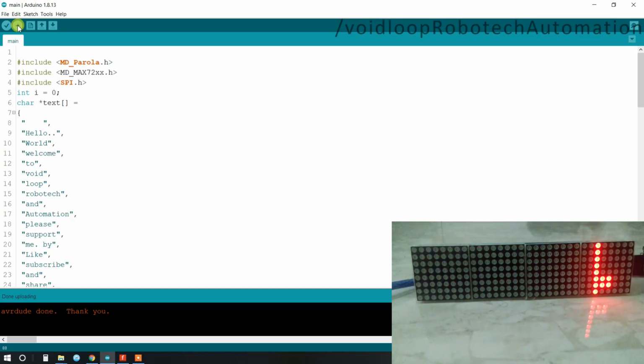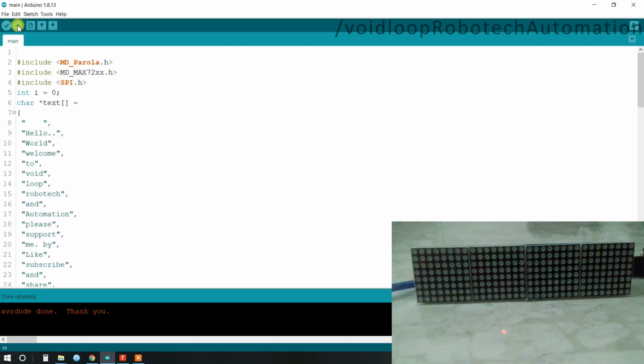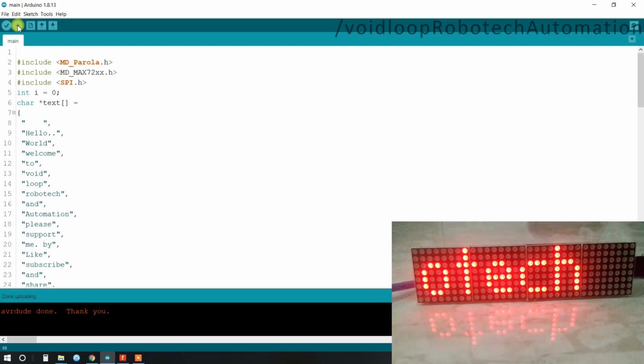Wow, it's printing. Welcome. You can increase the speed and intensity of this LED.